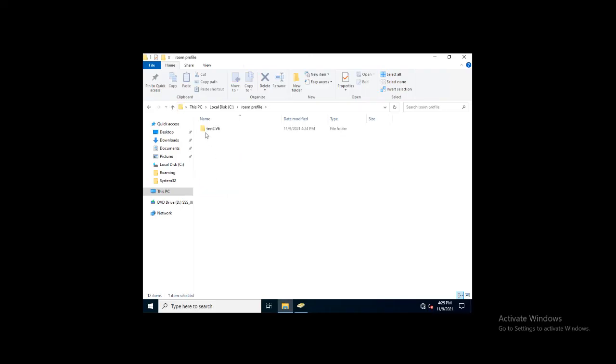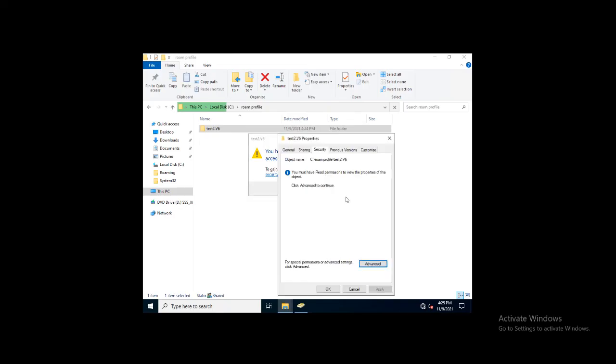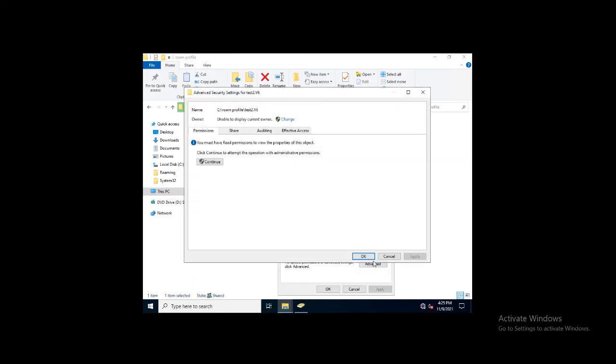Now I will try to open that folder. I can see the user folder, so try to open it. Click on continue. You don't have permission. The administrator account does not have permission. So click on the security tab in case you want to open it. Click on OK.